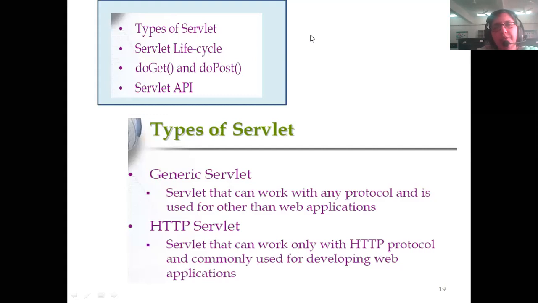Let us assume you have the file transfer protocol, then if you are using a servlet with the FTP protocol, we can use the generic servlet. If you are particular to work only with the HTTP protocol, then we can go ahead and use the HTTP servlet class, which is present inside the servlet packages given inside your Java packages.